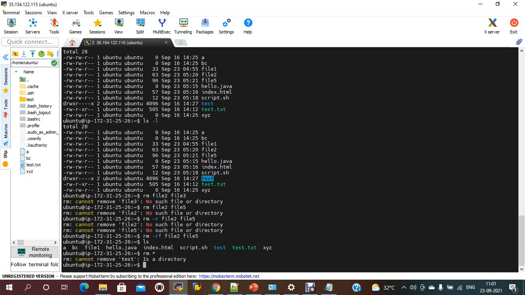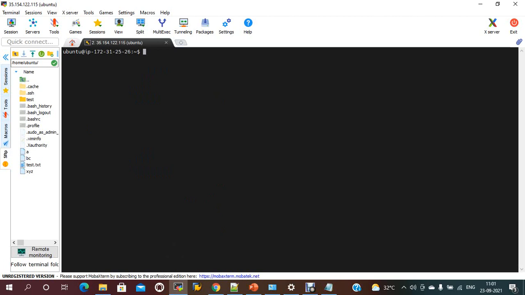So now we have seen how to create files and how to delete files, and we will see in the next session how to give permissions to the files. Now we will see how to create a directory. A directory is nothing but a folder. To create a folder, the command is mkdir. I just need to create a bcready folder. If you give ls -l, it should show a folder.